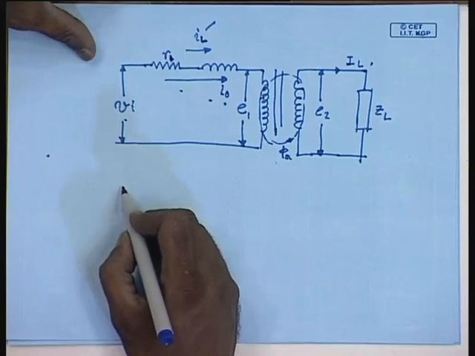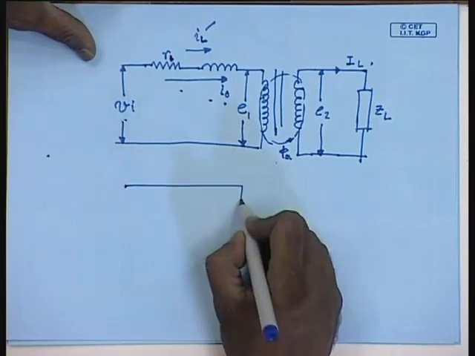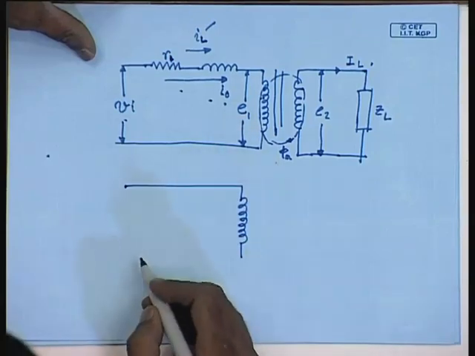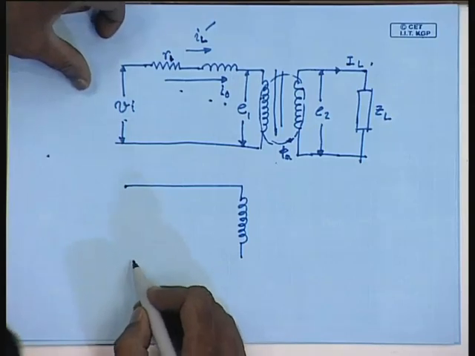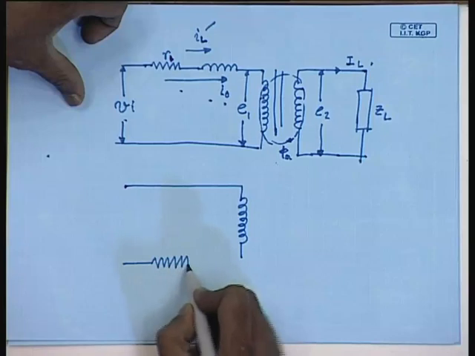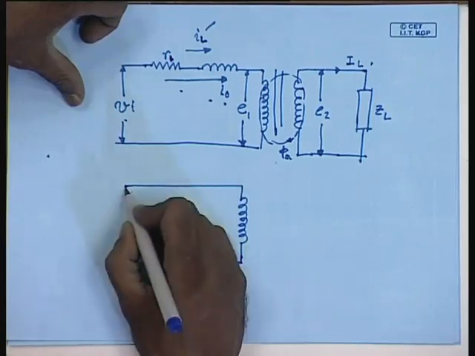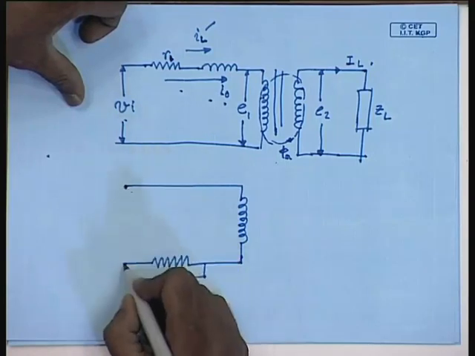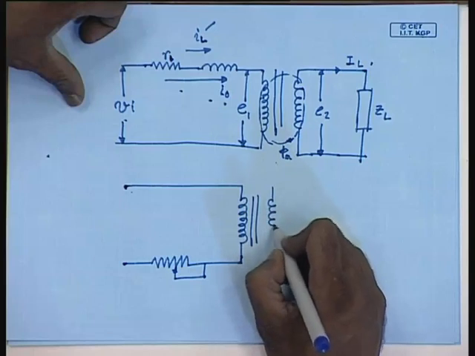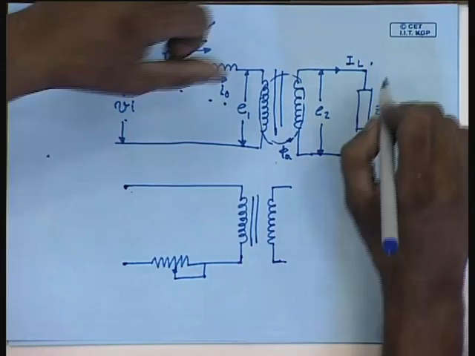Then one possibility could have been to connect the transformer like this, connecting a resistance of a large value, and connecting the transformer across the supply. Since we are doing a no load test,